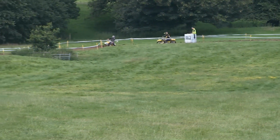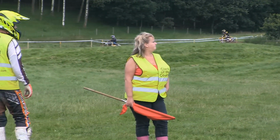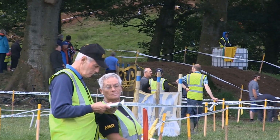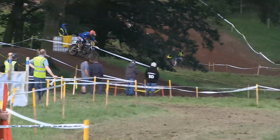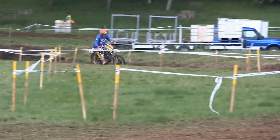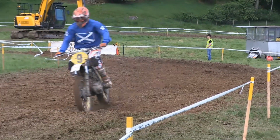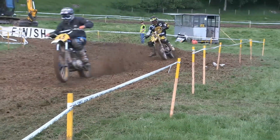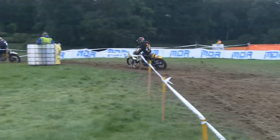And so we're looking at our second and third placed position riders. That's 44, Jonathan Bethel, who leads John Fleming. And we're just waiting on our race leader coming through, which should be number 9, Lewis Bell on the CCM. Lewis riding superbly in this race. 44, Jonathan Bethel second. John Fleming there, number 1 on the CZ in third